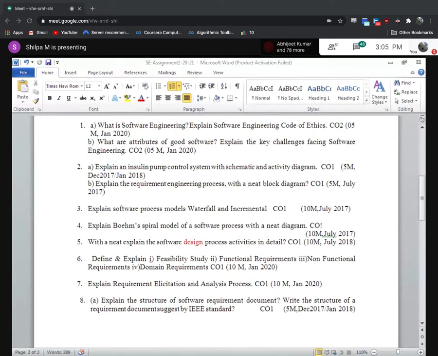Did you get it? And I have clubbed waterfall and incremental model. In examination, I'm telling you, either waterfall model may come for 10 marks, or incremental model may come for 10 marks, or they may club like this, and they may ask you for 10 marks, both of them. It is your intelligence. When the marks is less, write less. When the marks is more, write more. So, in order for you to be prepared for all situations, I'm asking you to write everything. Now, did you understand why am I making you to write?